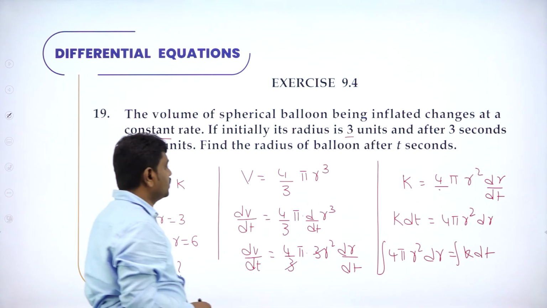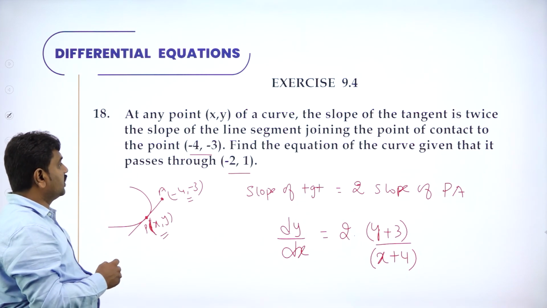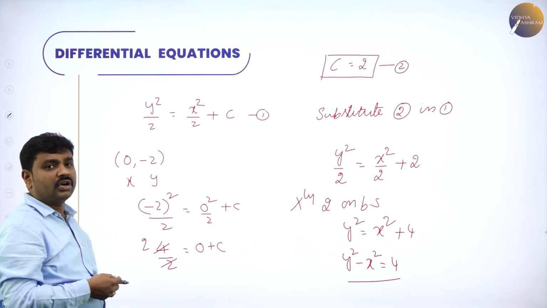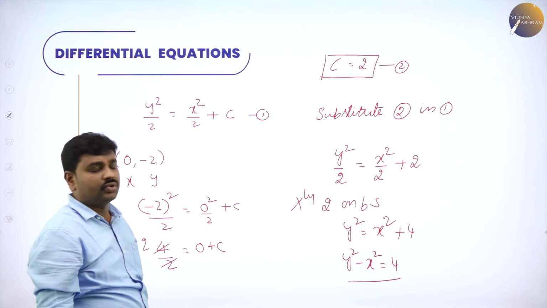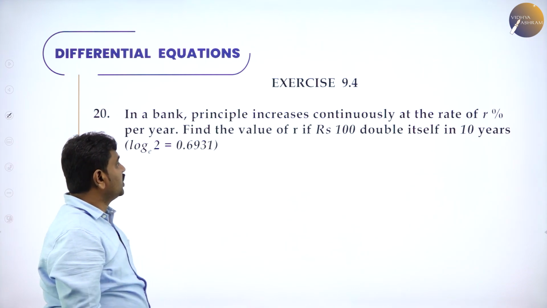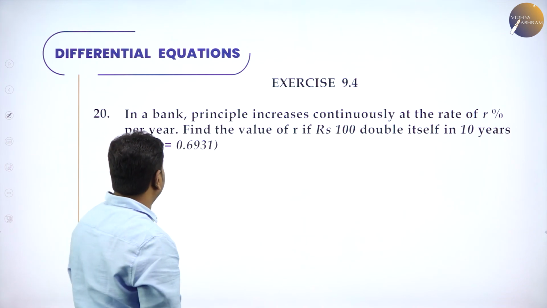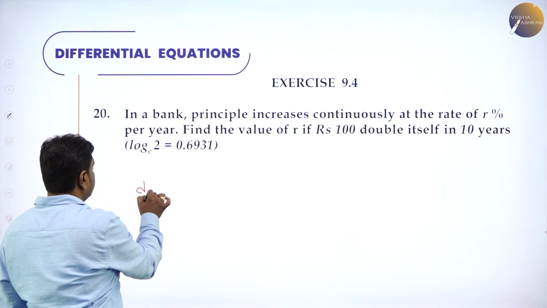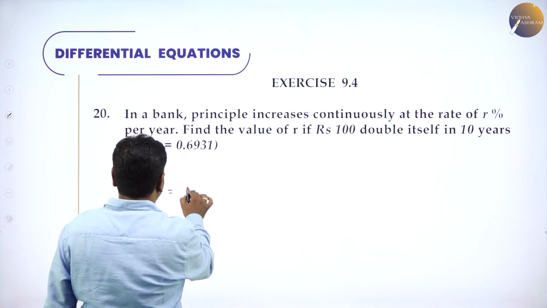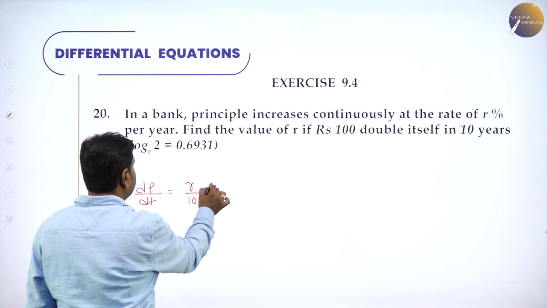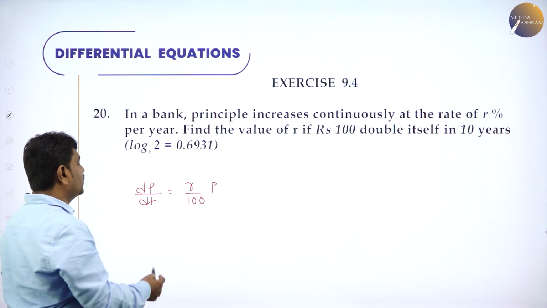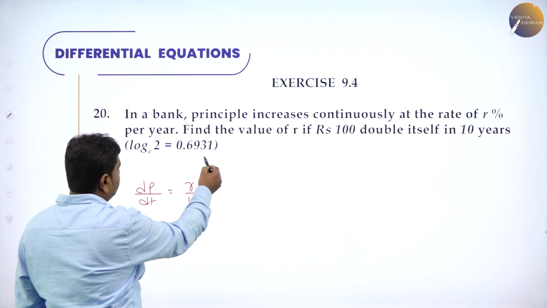So dear students, in today's class, I taught different problems wherein we converted the differential equation to a normal equation, and we got the solution. So similarly, we have commercial problems like this. In a bank, principal increases at the rate of, means rate of change of principal dP by dt. How much they told? At the rate of r%, r by 100 of initial. So now solve this differential equation to get the answer and apply the given condition.